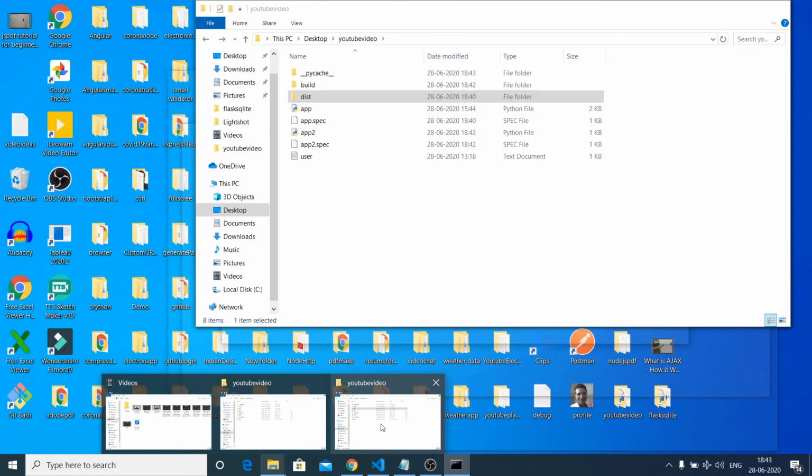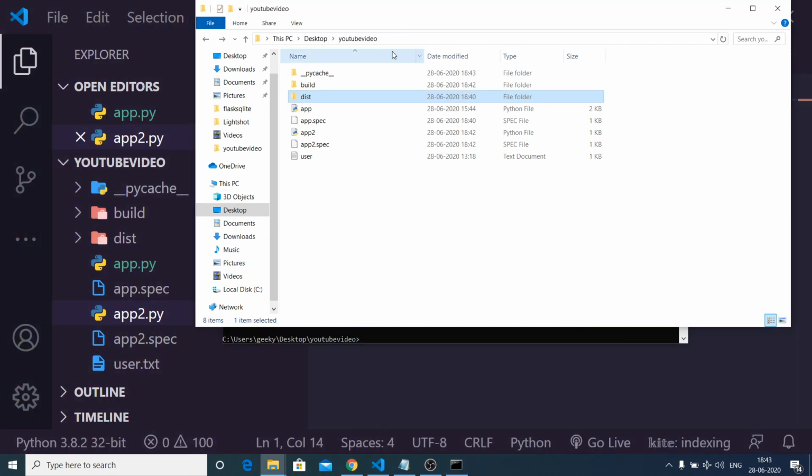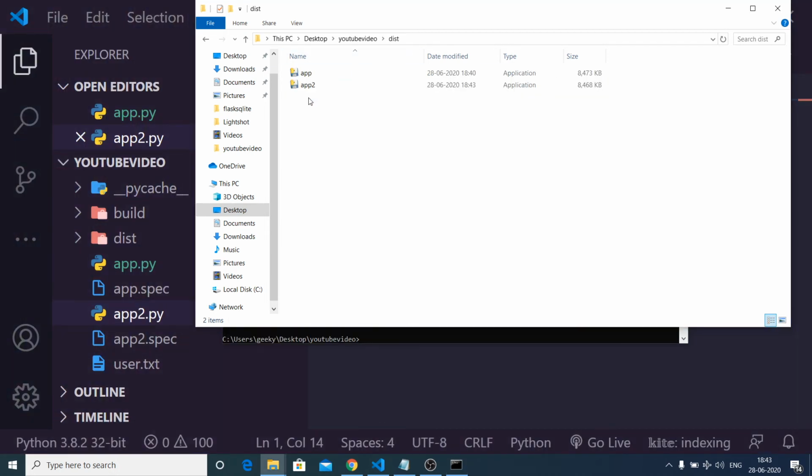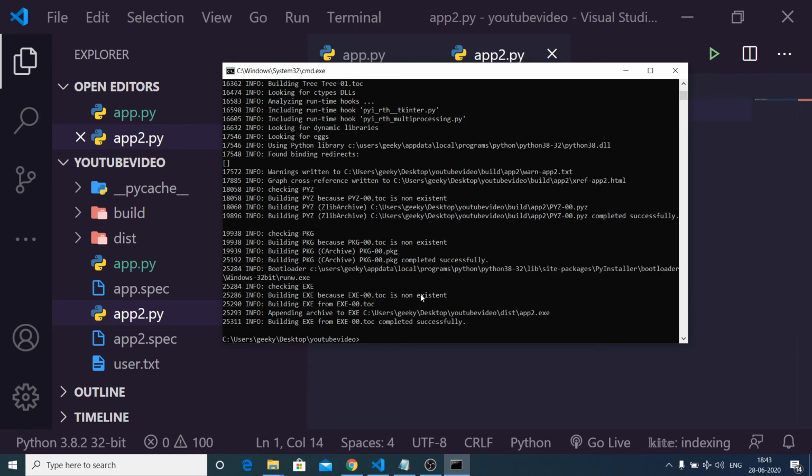It is valid for Windows, Mac, and Linux systems, so it is cross-platform. If you open the dist folder, you will see app2.exe again. If you open this, it will print hello world in the command line.